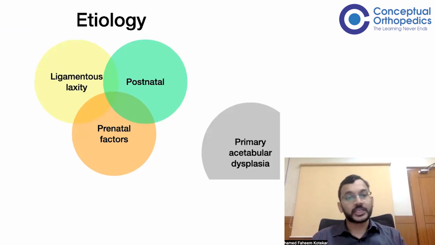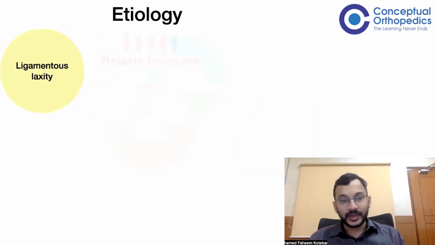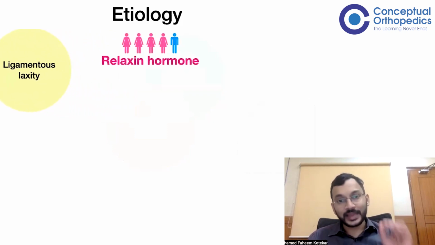Now coming to ligamentous laxity, we know that there is a certain hormone known as the relaxin hormone, which is present in the gravid mother during childbirth. And this relaxin hormone is able to cross the placental barrier and reach the fetus. Now the relaxin hormone may reach the fetus. However, the receptors for the relaxin hormone